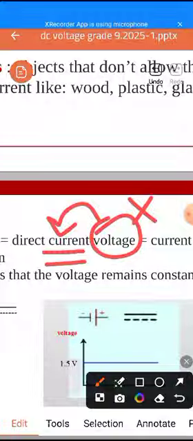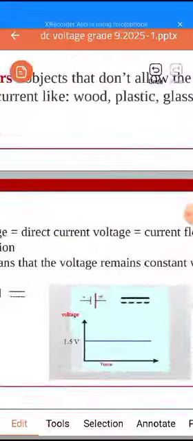The same as for the lamps. The lamp needs energy, needs voltage, electricity to make it glow. The dry cell can give the lamp this electricity. So electricity is given by the dry cell as a DC source. If the dry cell gives the lamp electricity voltage, then electric current will move in the circuit, in the lamp to make it glow. For example, if the lamp needs 6 volt in order to glow normally, if it's connected to a dry cell of 6 volt, then electric current will move in the lamp normally